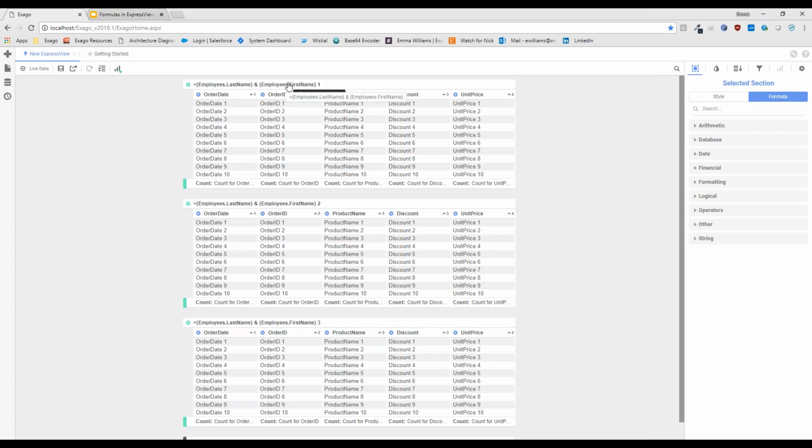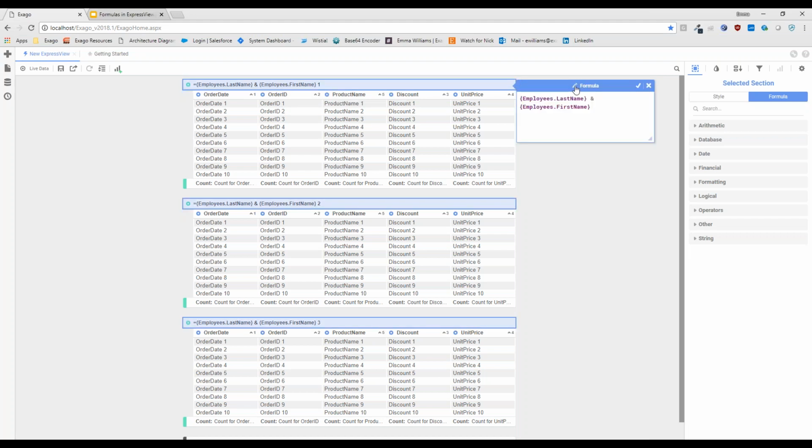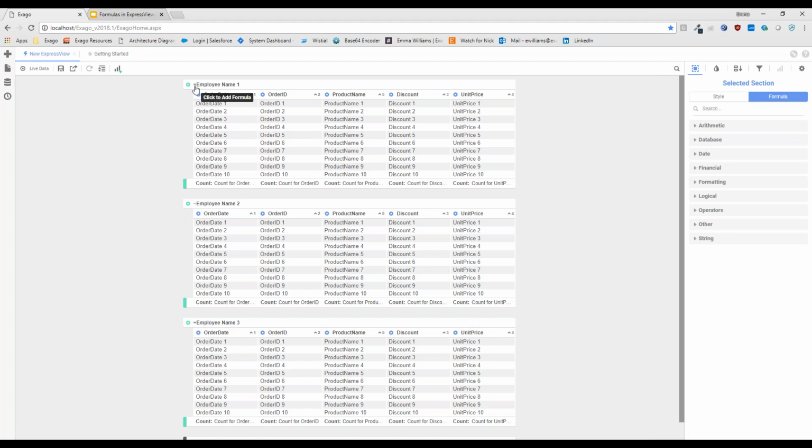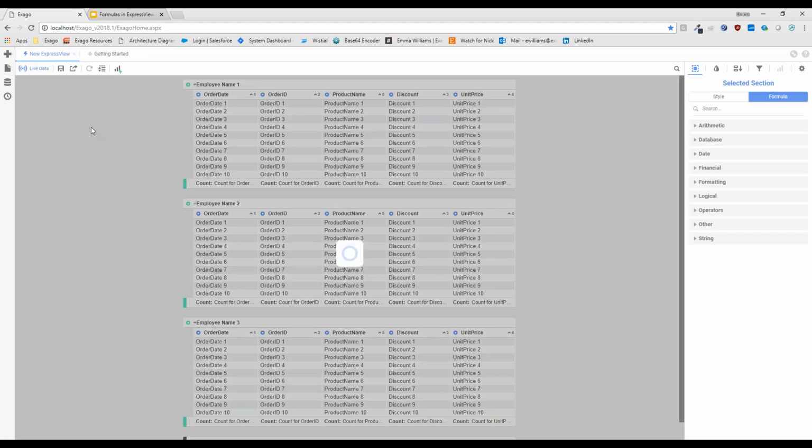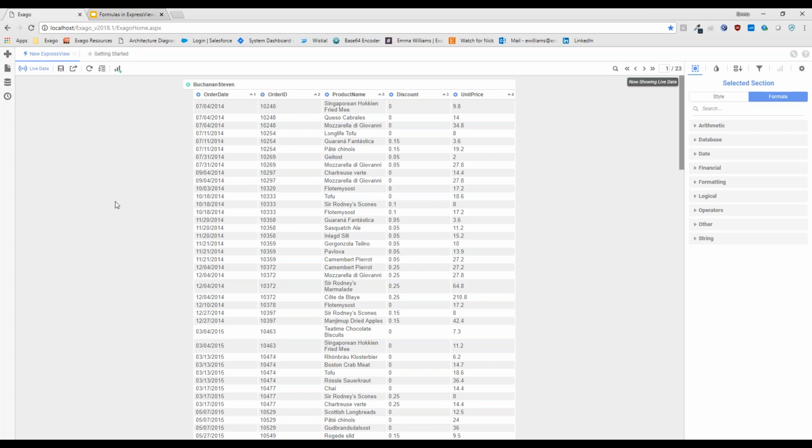One other thing I want to mention is that we can also edit the column header name. So right now it's going to display this entire formula in the cell, right? But perhaps I'd just like this to say employee name. So let's go ahead and change that, make it a little bit more intuitive. The equal sign will remain to indicate to me that this is a formula, but it's a little bit more readable there. Now, if I press live data, we're going to see that the formula worked properly. We have the last name and the first name, but the formatting is a little off, right? It's smushed together. It's one word, and maybe we could make this look a little bit prettier.